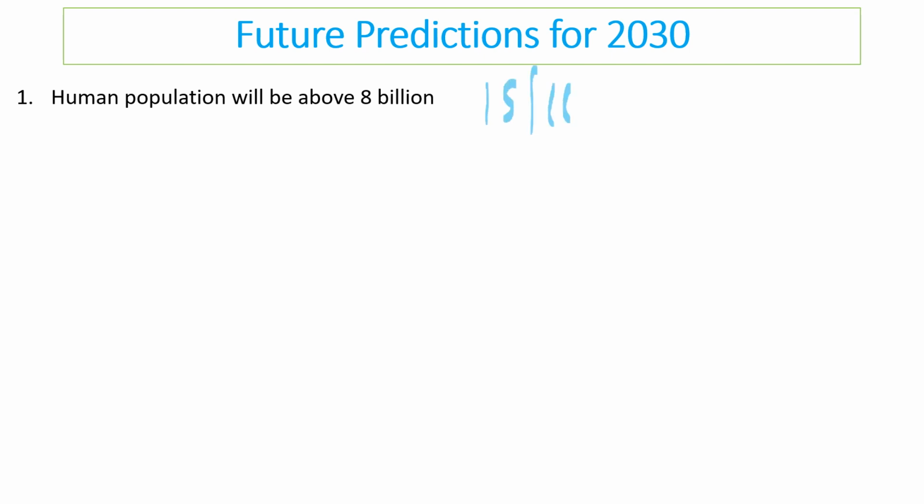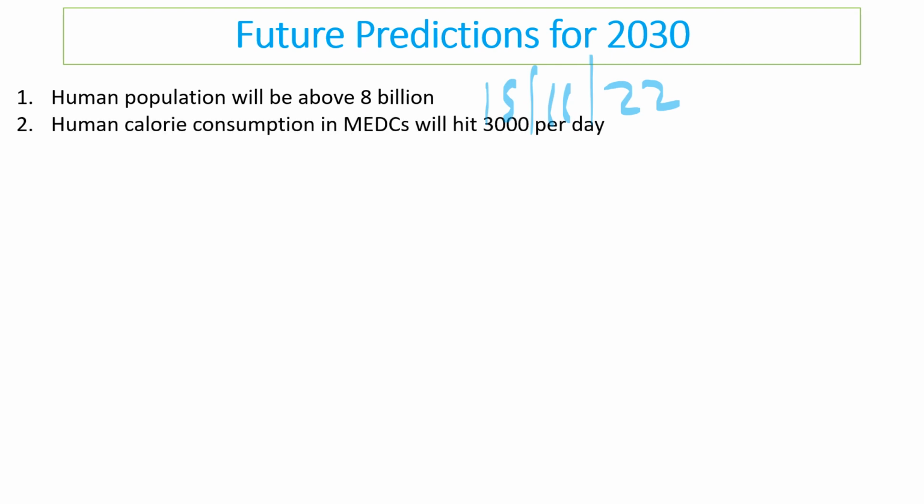This comes from quite an old book where the specification is now maybe slightly out of date, but the future predictions for 2030 and food production are that the human population will be above 8 billion. Well, that happened on the 15th of November 2022, Mr. Phillips' 40th birthday, so we know it could even be higher by then. Calorie consumption will have gone up to about 3,000 calories per day in areas where people have lots of food, so in maybe more economically developed countries.